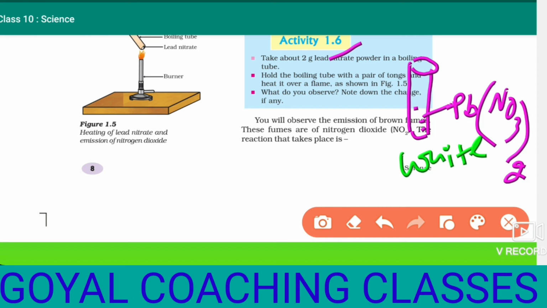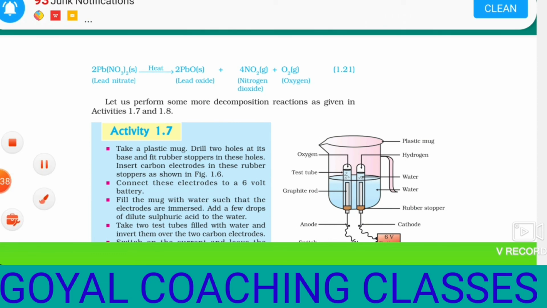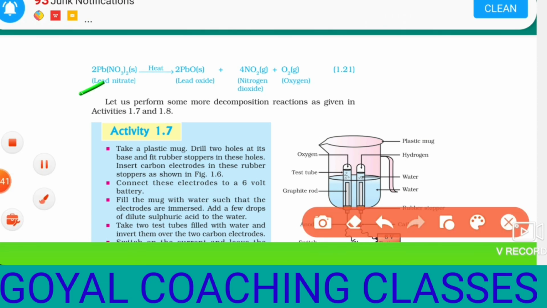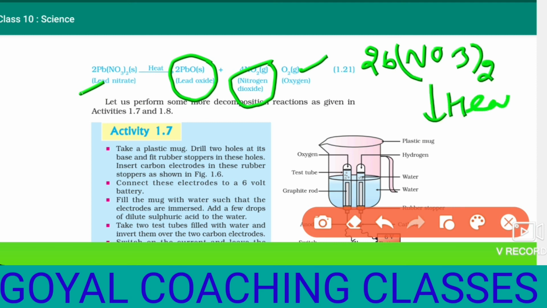After heating we have to decompose it, and when it decomposes, just see. After the decomposition this reaction is going to occur. See this reaction all of you very carefully. This is the lead nitrate and what we are getting is lead oxide, NO2 and O2. When this lead nitrate, 2Pb(NO3)2, which is white in color, is heated, it will give lead oxide. And lead oxide is a solid, and it has a yellow color.